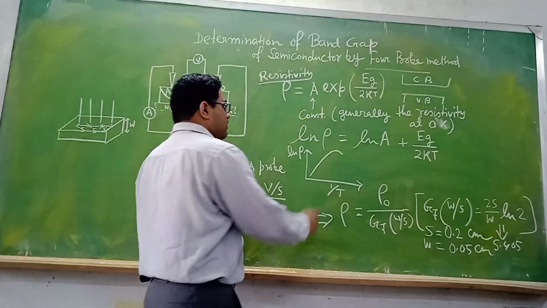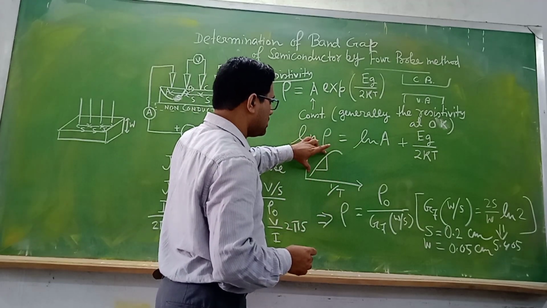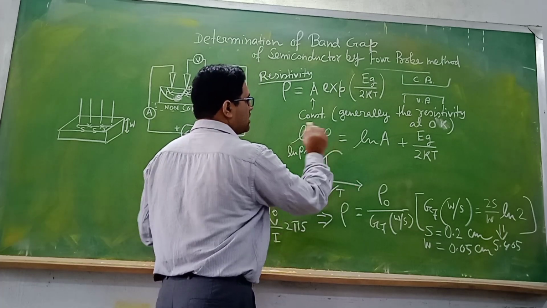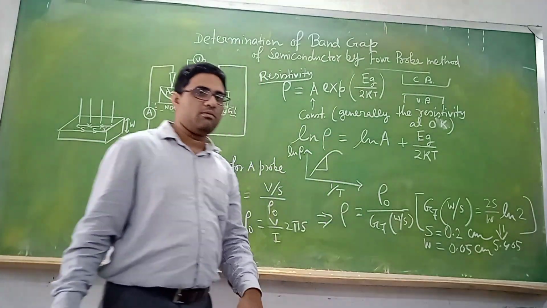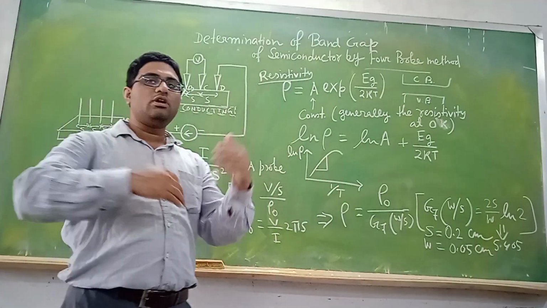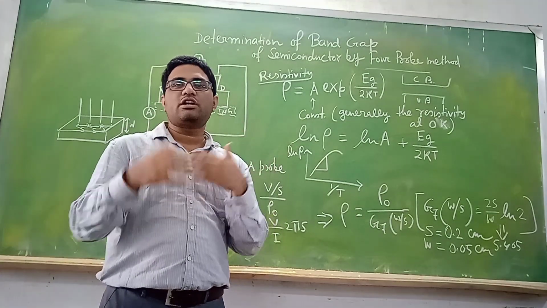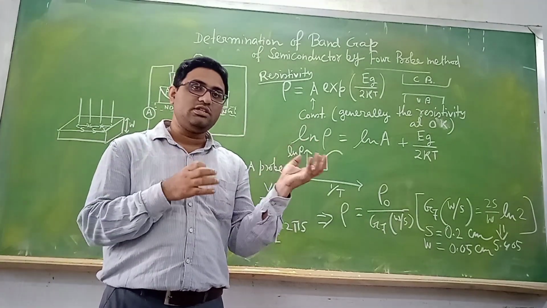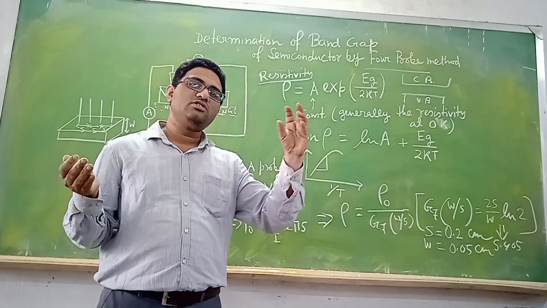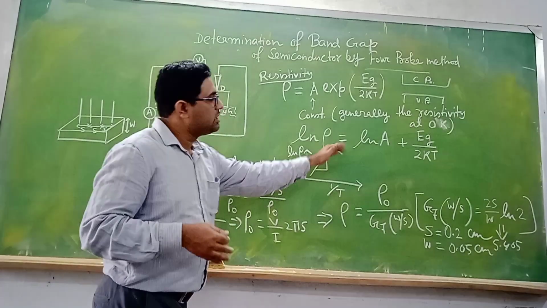From this plot, this is the linear region, and up to this point the linearity is maintained, then the line becomes curved. Why is this happening? Because if you increase the temperature, more and more electrons will go to the conduction band, and there will be collisions between the electrons, and the resistivity will change, because it will now follow metallic behavior when the density of electrons in the conduction band is more. That's why it bends.